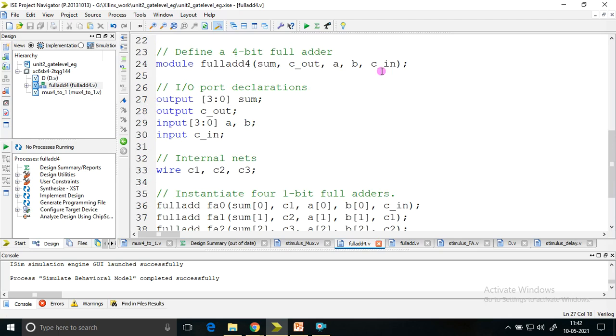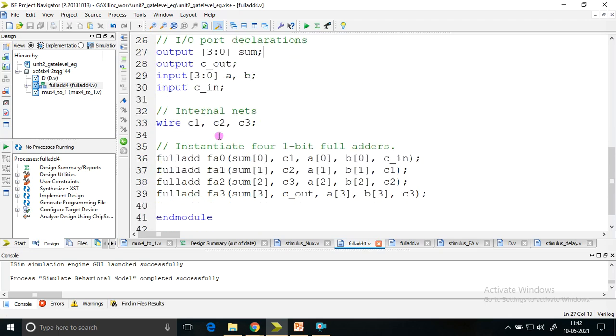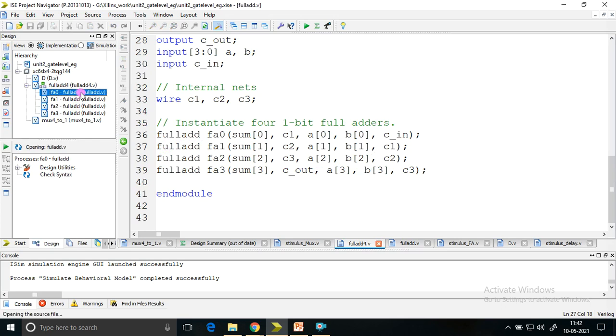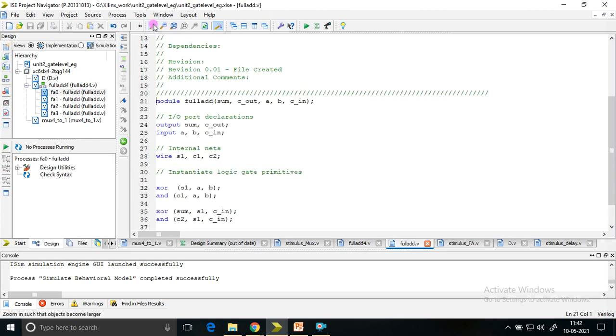So full add 4, sum, C out, A, B, C in, outputs, inputs, wire C1, C2, full add FA0, FA1, FA2, FA3. All these are labels. Full add is the module name of the single bit full adder. These are the outputs and inputs, maintaining the order. So just maximize it. Here you will have the details of this full add. Just double click on any one of them, it will show its output.